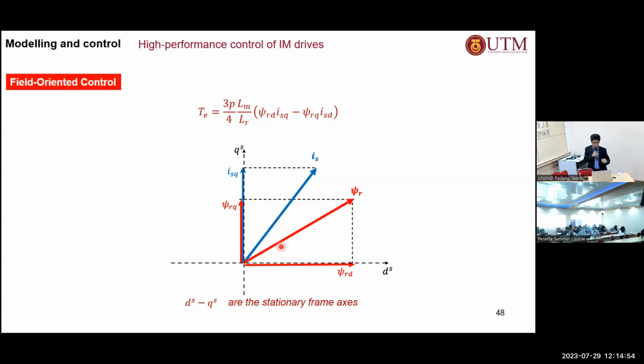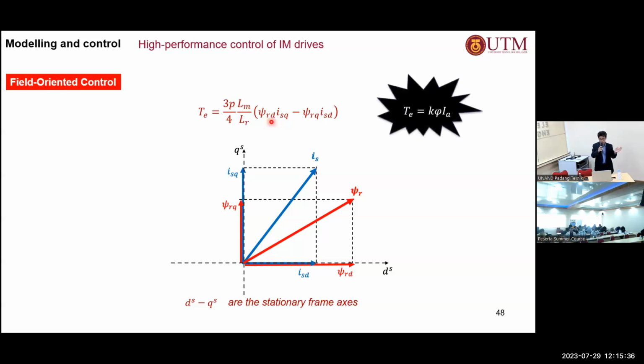Now, the only thing that we can control is the stator current. So if I change ISQ here, for example, then I will also affect the rotor flux Q component. And if I change the other component, ISD, then I will also affect the D component of the rotor flux. So if you look at this equation here, if I change ISQ, then I will also affect this. If I change ISD, then I will also affect the IRD there, which means that there is no decoupling between the torque and the flux component,